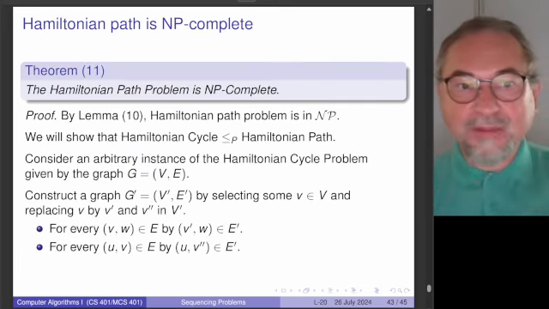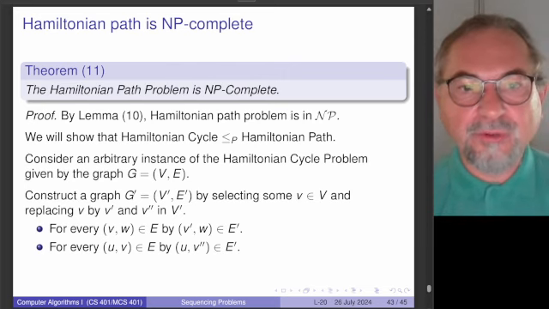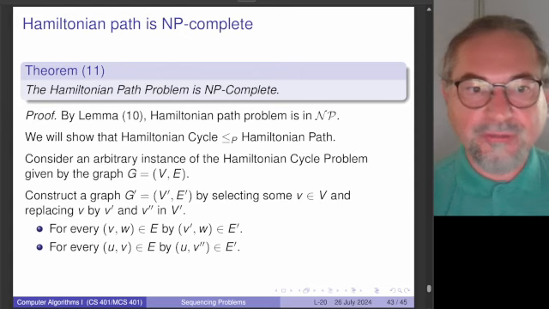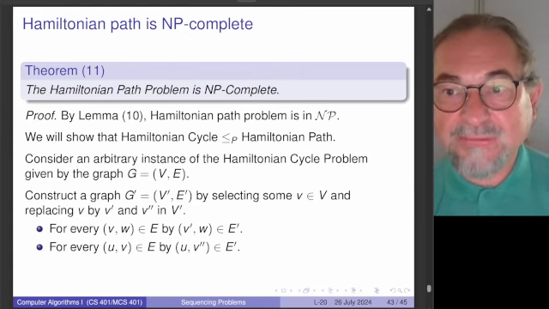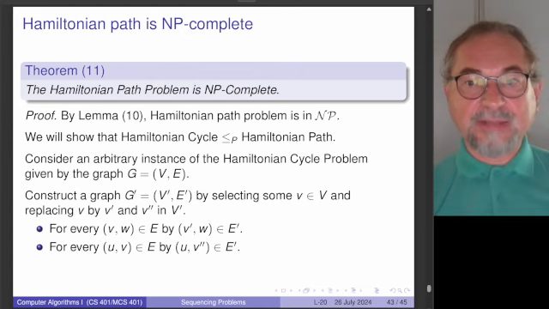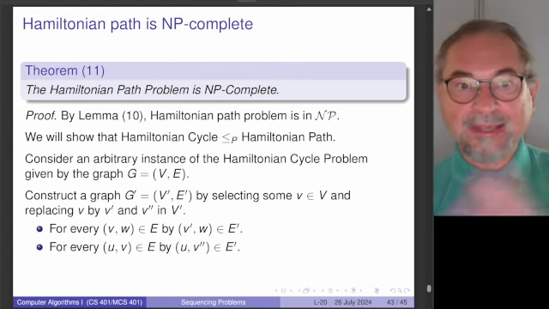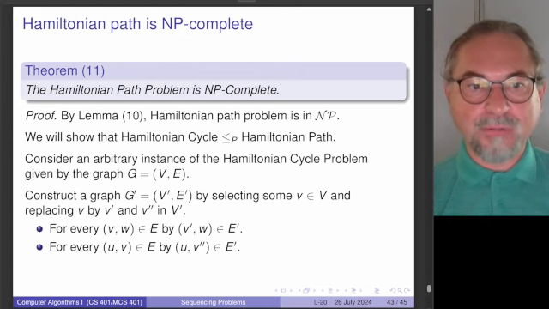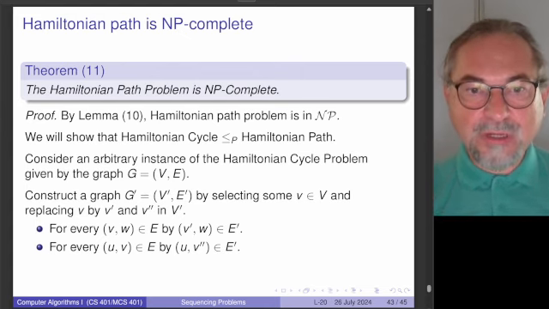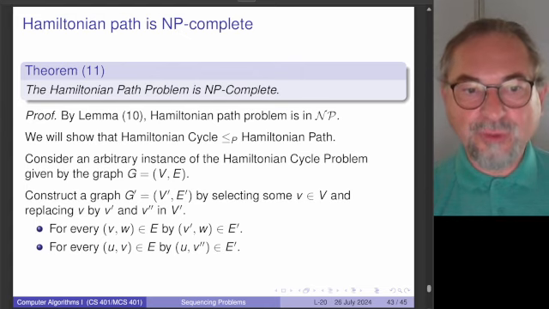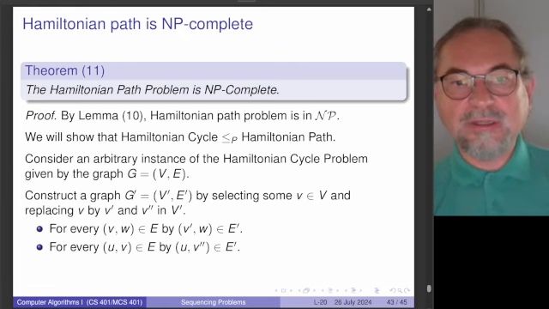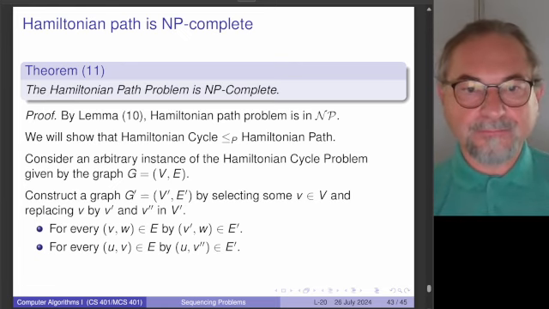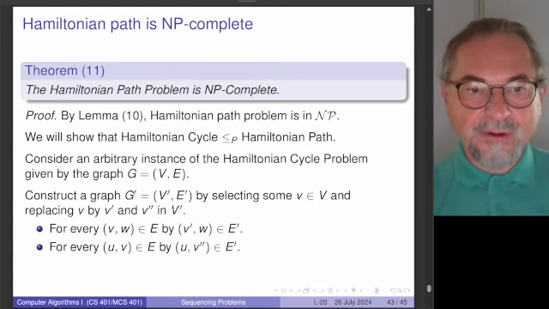Okay, now comes the important result. Now that we have shown that the Hamiltonian path problem has an efficient certifier, we will show that the Hamiltonian cycle problem can be reduced to a Hamiltonian path problem. So any arbitrary instance of the Hamiltonian cycle problem can be reduced to the Hamiltonian path problem. Okay, so what we do is we construct a graph by